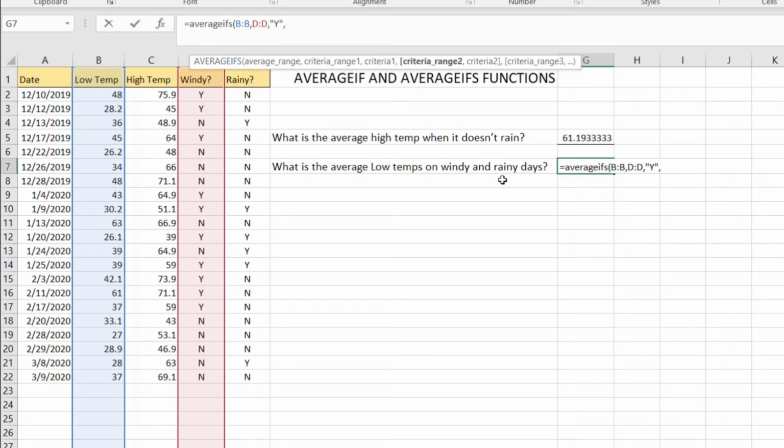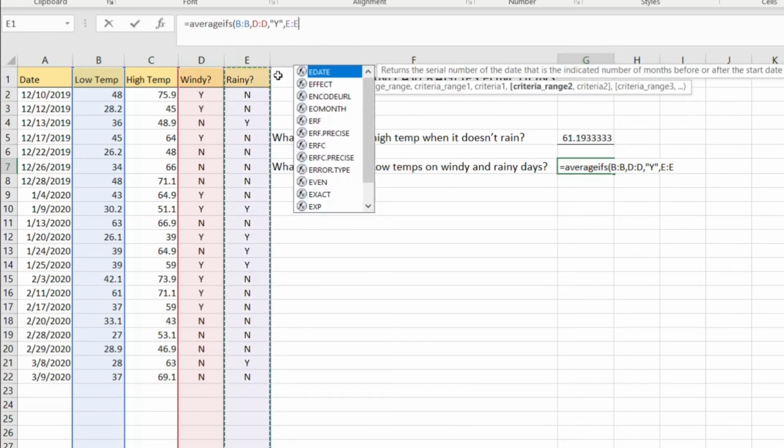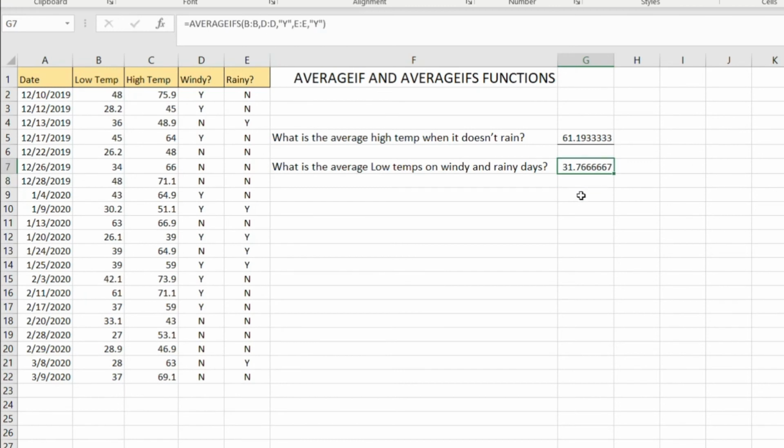Our second criteria is rainy days. So we're going to highlight this whole column. Let me move this over. So we'll highlight column E, press comma, and what's our criteria? That's also yes. So now if we look at it, we're averaging column B, when column D shows yes and column E shows yes. We end the parentheses and press enter, and it's 31.76